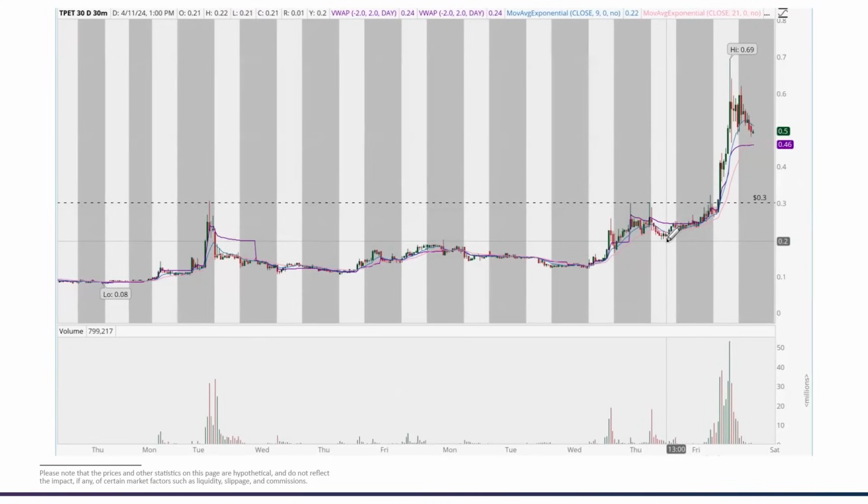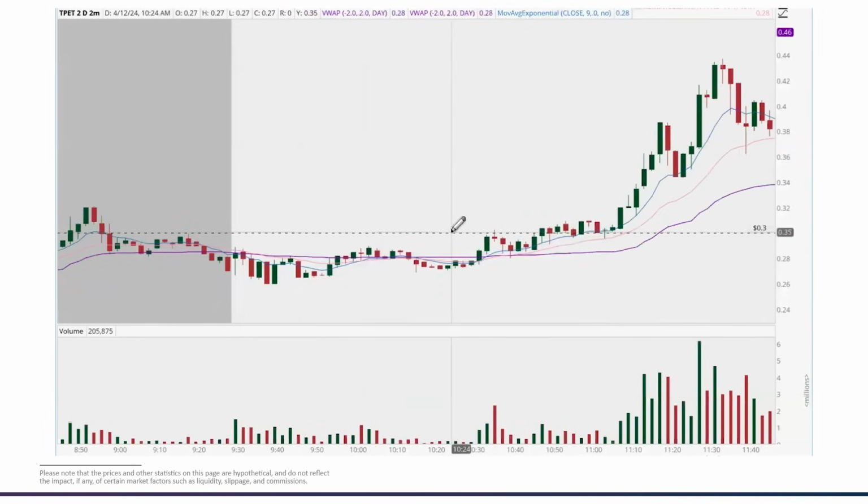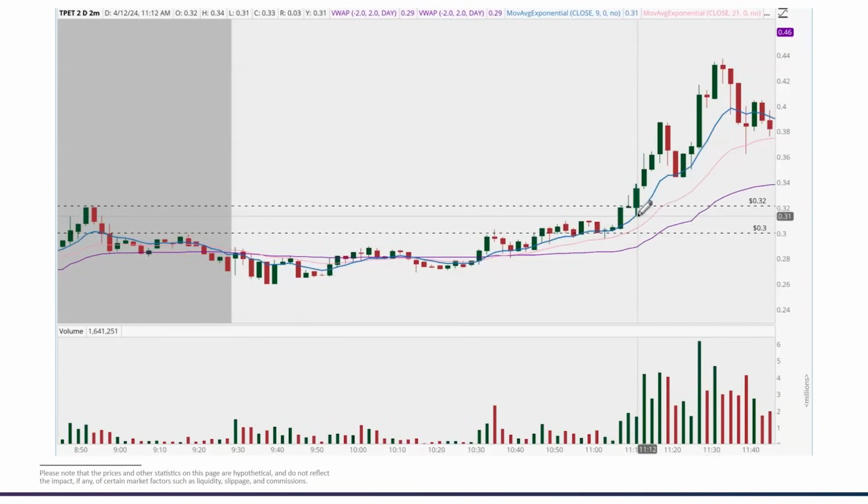Given the news flow, I really wanted to buy this over 30 cents. So I just had my alert set on TPET at 30 cents. And I notice that as we cross over 30 cents, volume begins to come in. It fails from 30 cents and it pulls back. Now, around 11 o'clock, we break above the pre-market high at 32 cents and volume starts to come in. I bought this as it broke higher above 32 cents. You could see it gets above 32, it holds 32, it dips back into the 9 EMA, reclaims 32,